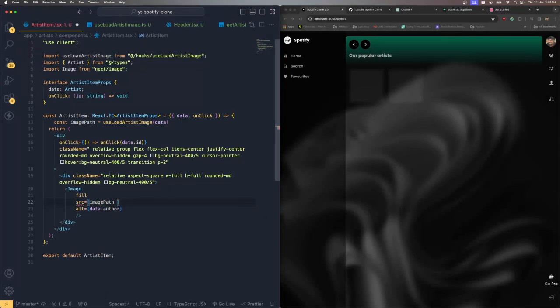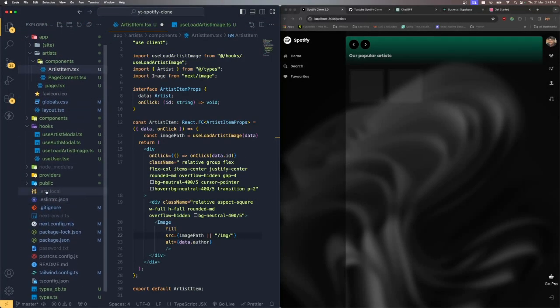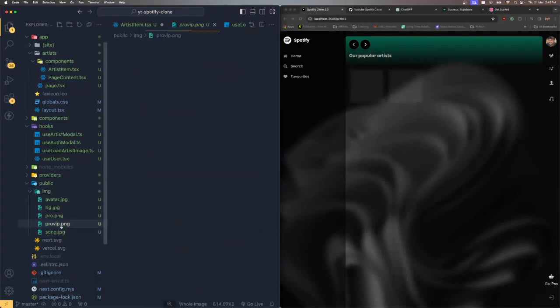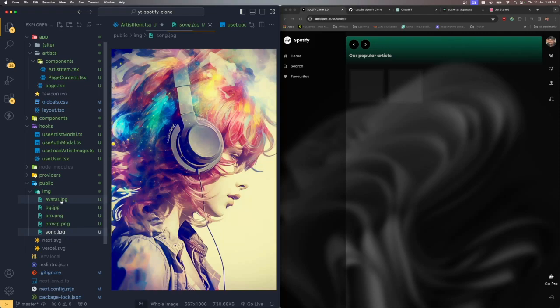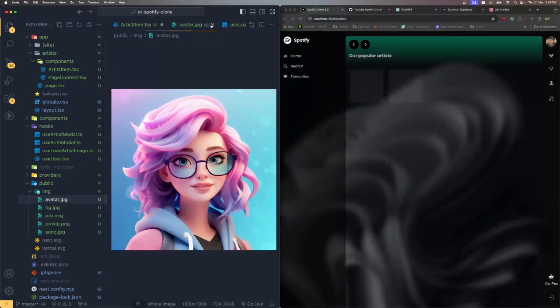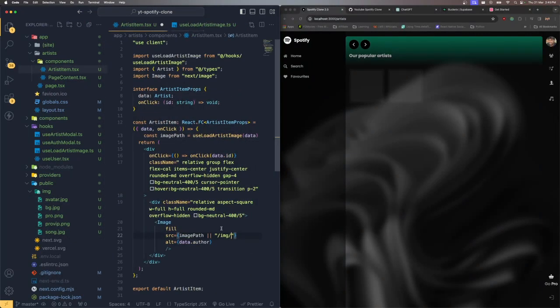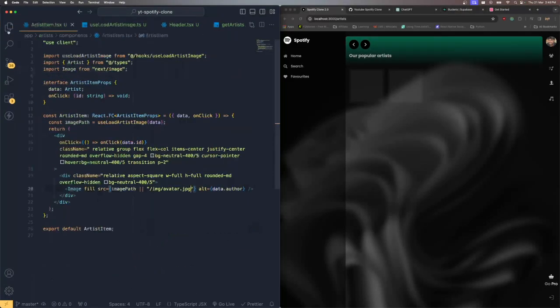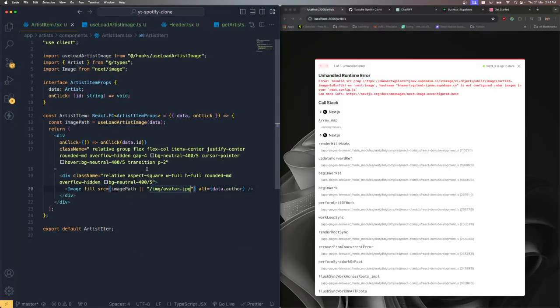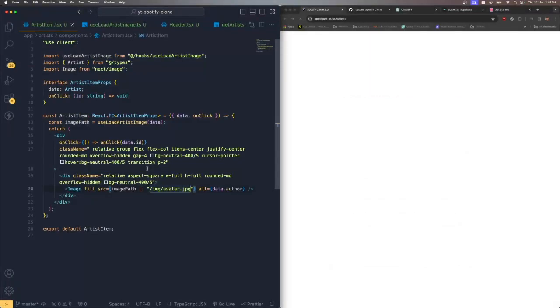If there is no image path, then it's not loaded properly. So I'm just going to say slash, from the slash image folder, I'm going to use image, not this one. Okay, I'm going to use this avatar.jpg. Okay, let's use that avatar.jpg. Save the changes. Now we should get